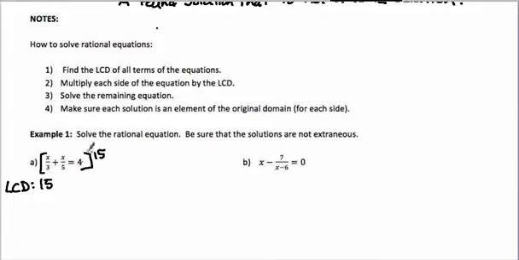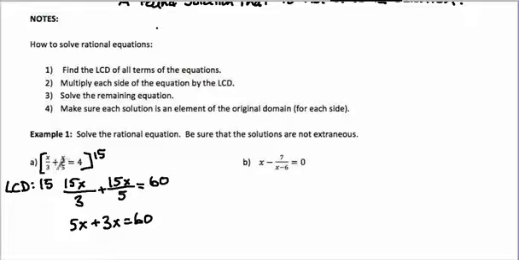You can either distribute this out and then reduce, so you could go 15x all over 3 plus 15x all over 5 equals 60. And then you would divide this in, and you would see that 3 goes into 15 5 times, so 5x, and 5 goes into 15 3 times,